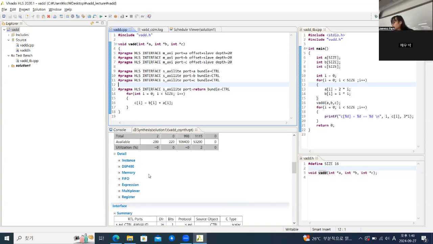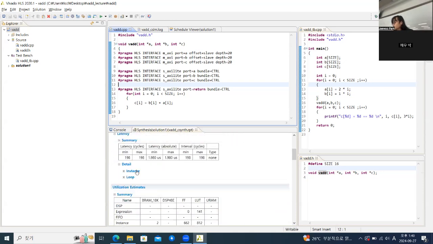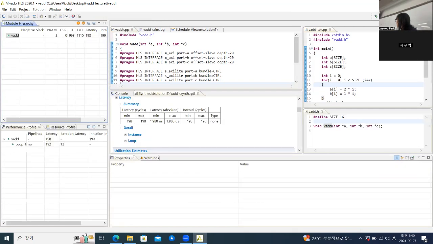So if you see the latency, it's actually 198 cycles. And if you go on to see what is happening there,